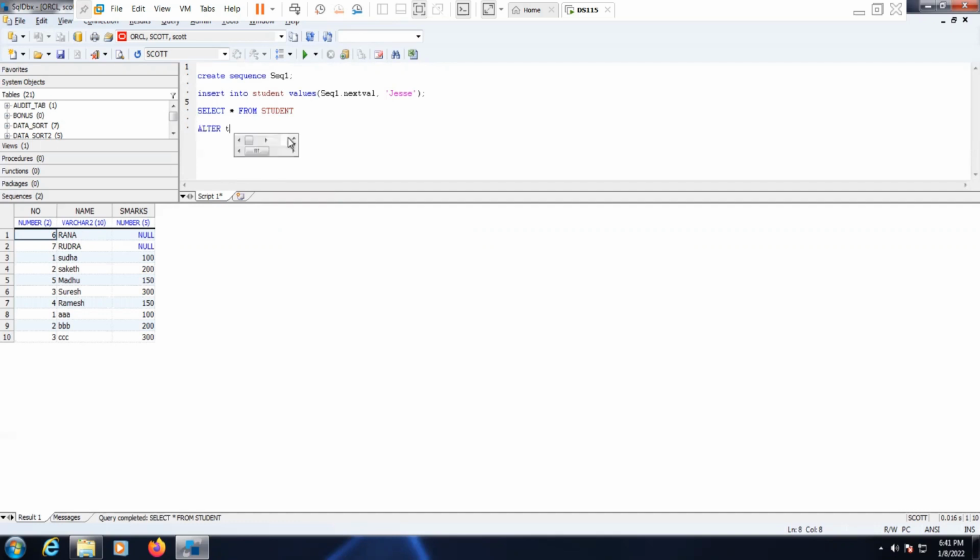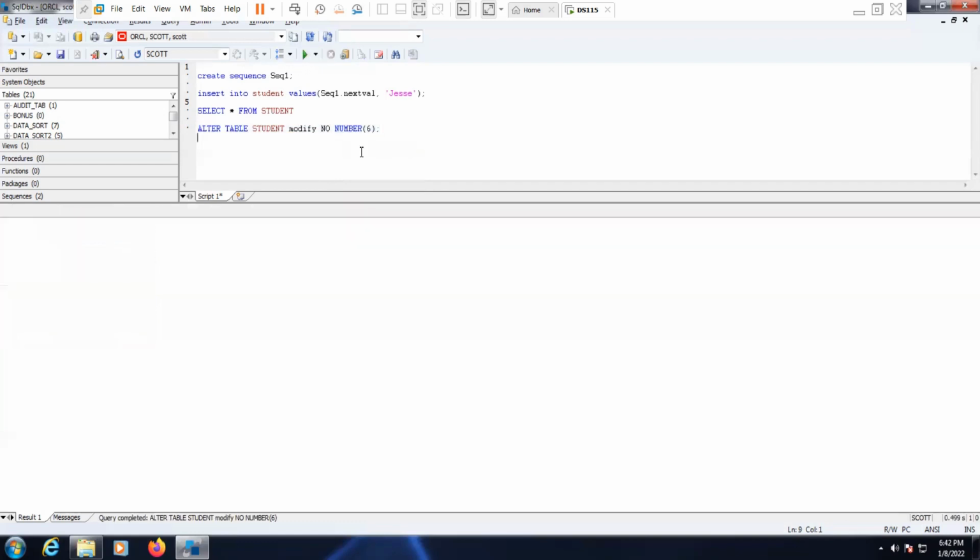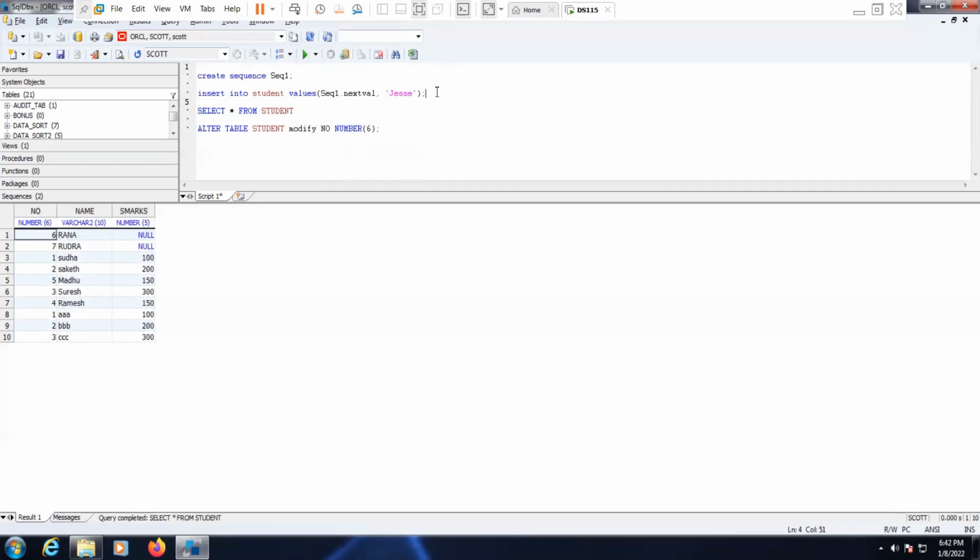Alter table student modify no. Now we have modified the length. Let's see this now. Okay, so now let's execute this.